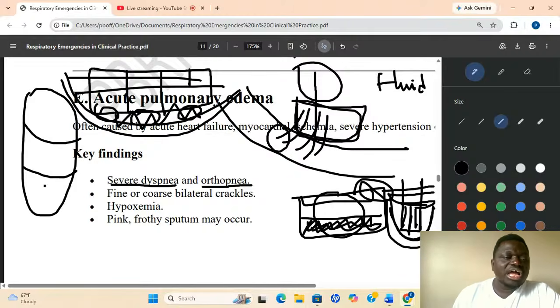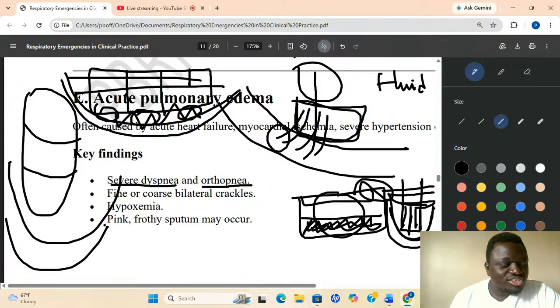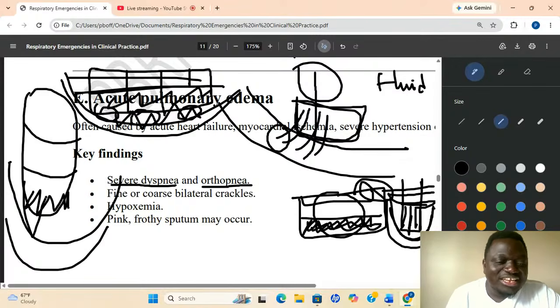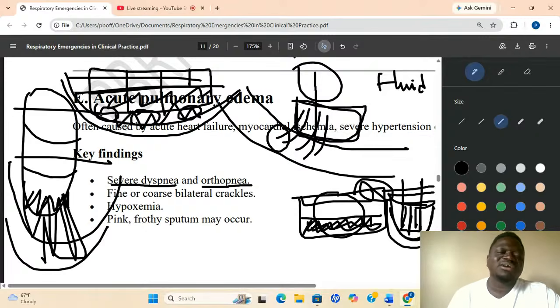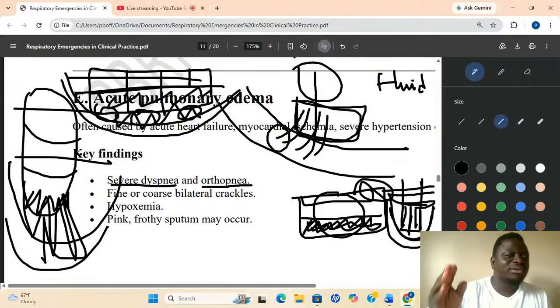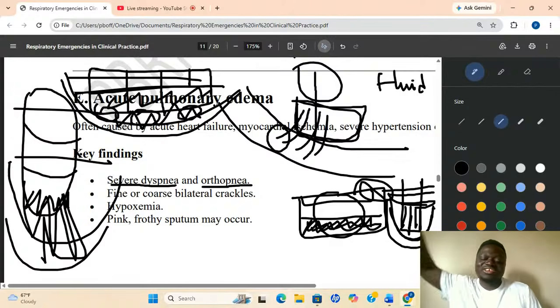But I want more volume. So what do I do? I now position the patient upright like this. Then the same blood vessel. You remember that all the fluid was covering all the chambers when the patient was lying down. Now, when I sit the patient up, all the fluid has come to the lower chambers here. So it is only this chamber where gaseous exchange will not take place, but the middle chamber and the upper chamber, gaseous exchange will take place there. That is it. So pulmonary edema: position, and you drain the fluid.